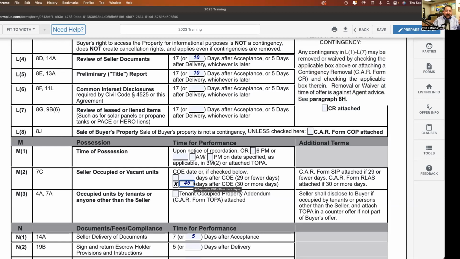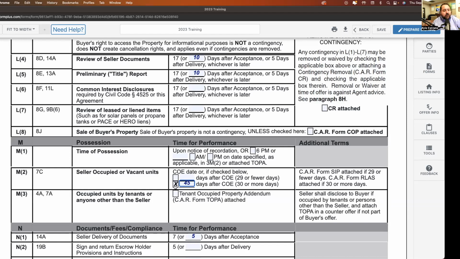But again, these are conversations with the listing agent, and I promise you, if you call the listing agent and say, hey, listen, just want to let you know, we're going to give you guys 10 days after close of escrow to move out as part of our offer, when you're having that conversation. But I think that 10 days now on contingent sales should be our absolute bare minimum.